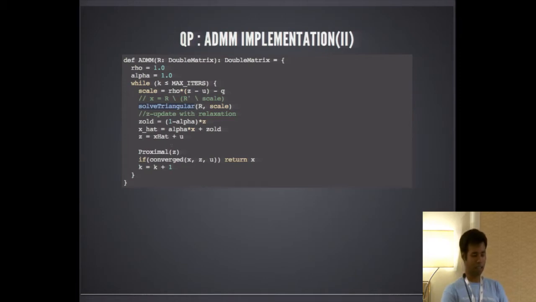And the third step, the proximal step that you see, is basically the second ADMM step, which takes your Z and puts it in a valid place where your constraints are satisfied. It's a very simple algorithm, and you loop until your X, Z, and U variables converge.